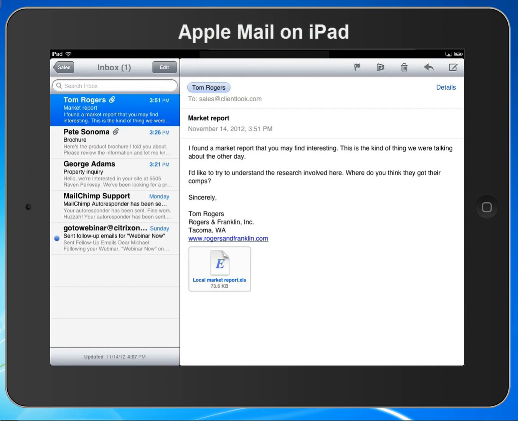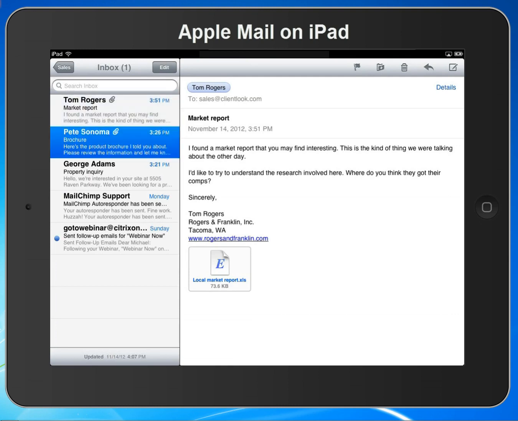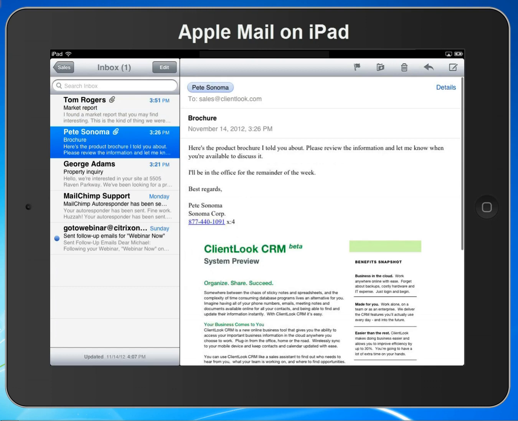One thing you may be asking yourself right off the bat is, what's the difference between the email I see here and the email I get on my phone? And basically nothing. These are the exact same messages. One advantage, however, is that since you have more screen real estate here, you can actually view attachments, which isn't always practical with your phone. So files like PDFs will show up inline like this one here within the message itself.